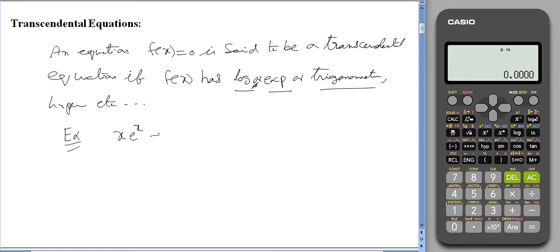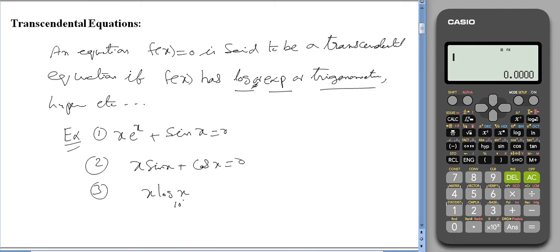x e power x plus sin x equals 0. In this equation, it contains the exponential function e power x and also a trigonometric function. This is a transcendental equation. Next, x sin x plus cos x equals 0. It contains an algebraic term and also a trigonometric function. Now, x log x to base 10 equals 1.2. This equation contains a logarithmic function. Such equations are called